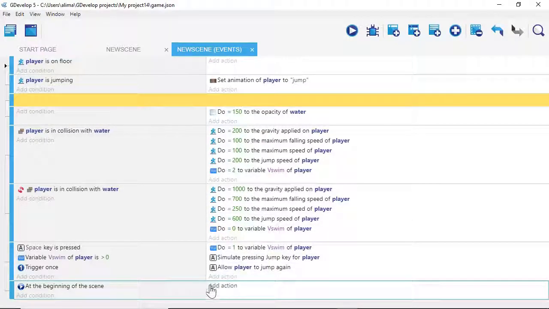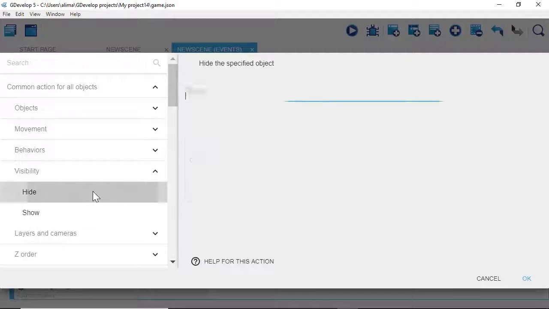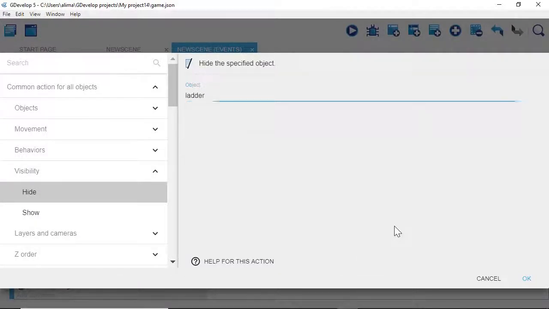We're then going to select Add Action. We're going to go to Common Actions for All. We're going to select Visibility and then select Hide. And then we are going to select Ladder. So I just left click to get that selection around the ladder to go away. Now I'm going to click